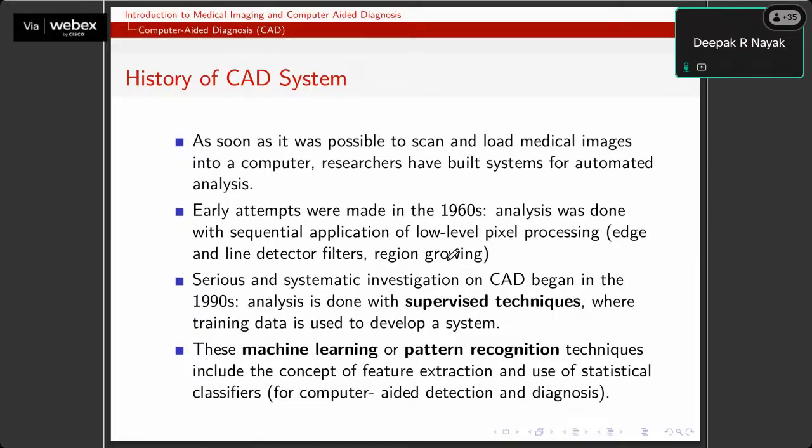I hope it has already been covered. We will also see how we can use a convolutional neural network to design the CAD system, what the benefits of that are, and what the weaknesses of traditional machine learning based CAD systems are.